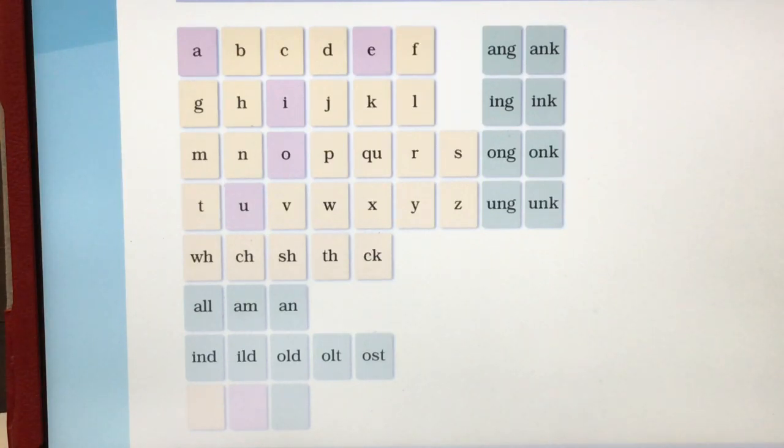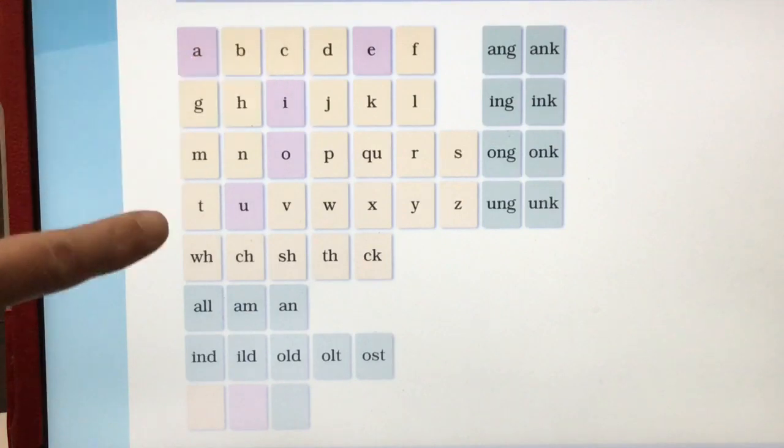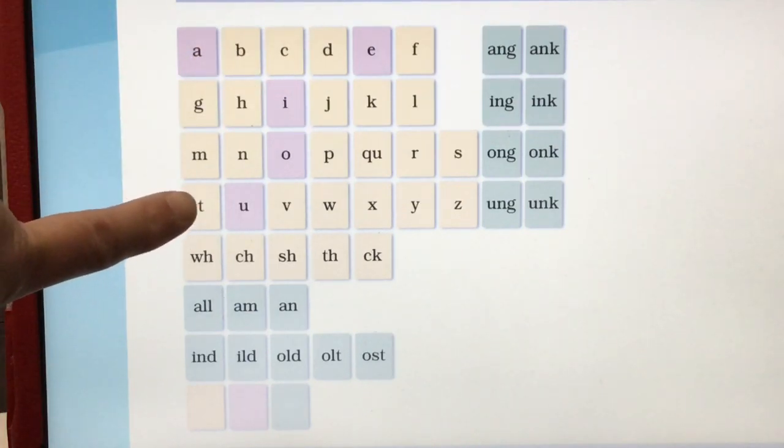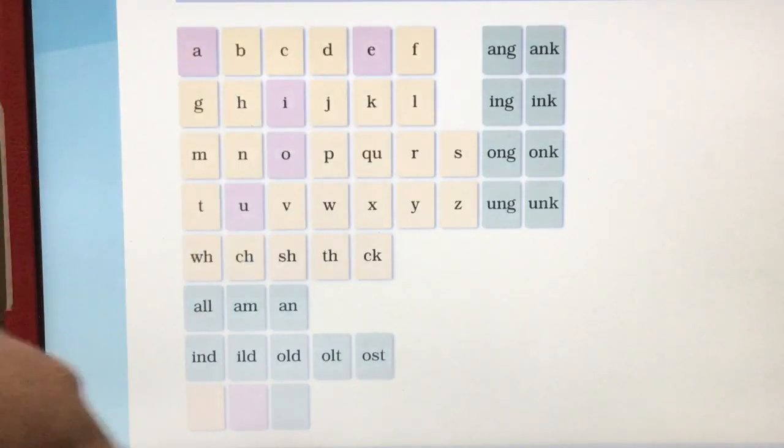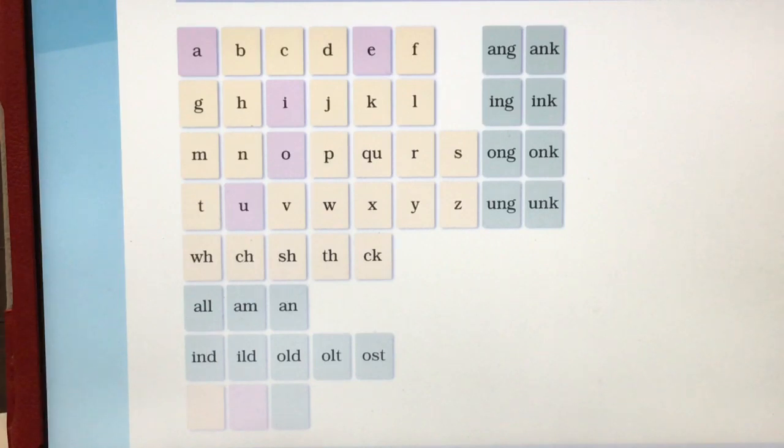To warm up with this, a lot of times we have a volunteer, one of you guys. You point to the letter and you say it just like you're seeing one of our big sound cards with the picture on it, only there's no picture to give you a clue. You still echo though. So for example,